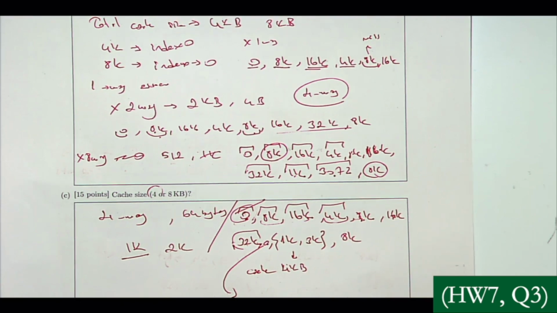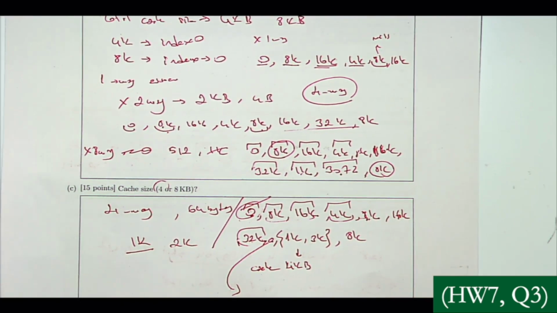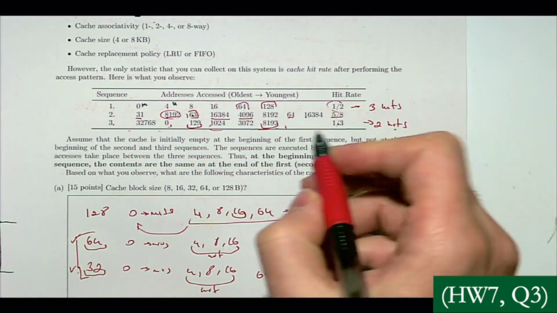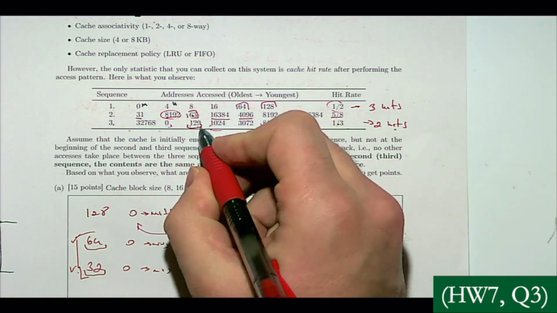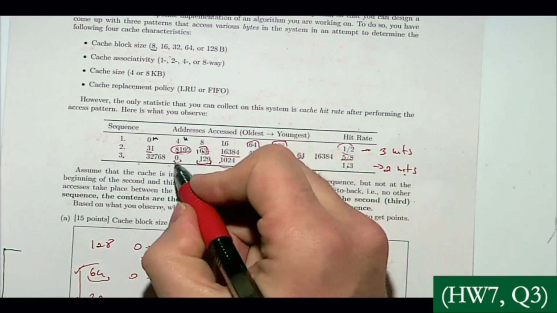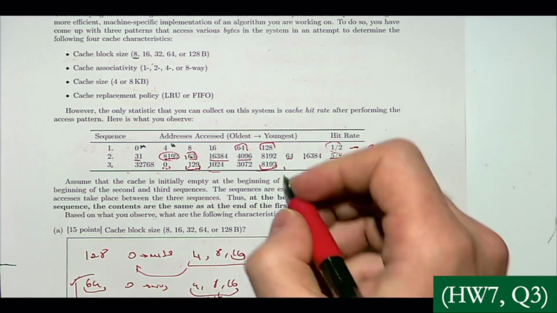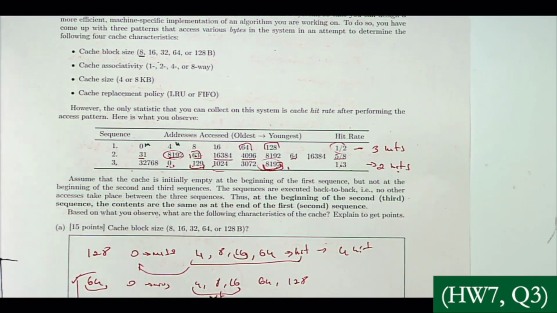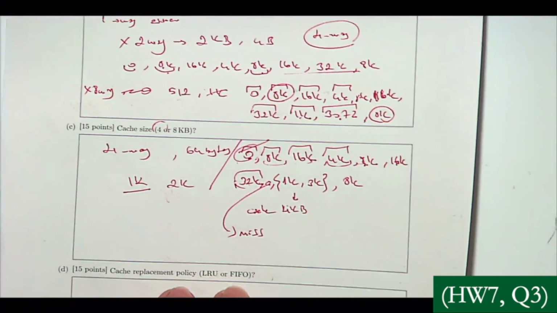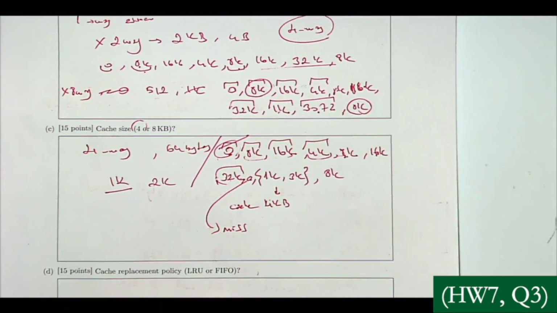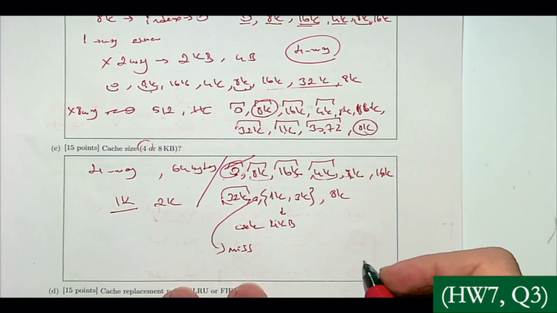So what we know is that 0 is for sure a miss, okay? Because remember, we were saying that the number of hits is 2, and 129 is a hit, and then either 0 or 8K will be a hit for us, and we now figured out that 0 is a miss. So 8K has to be a hit. This will be crucial for us in this question. So why is that the case? Because